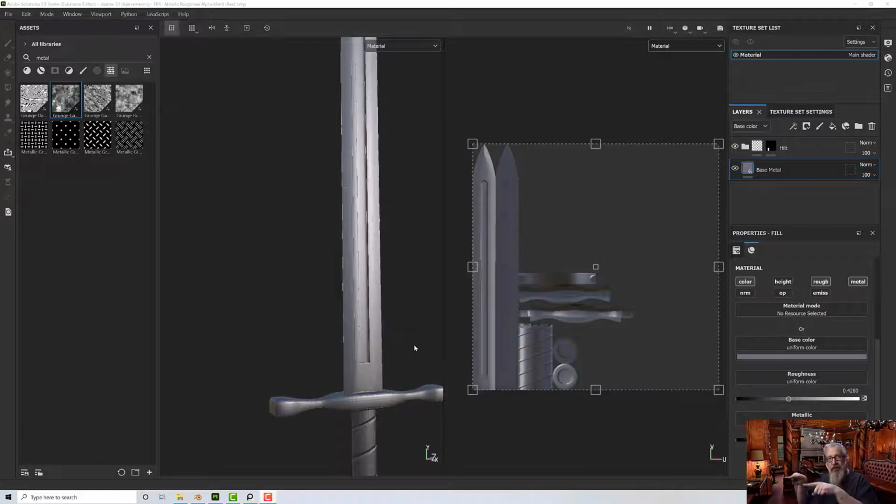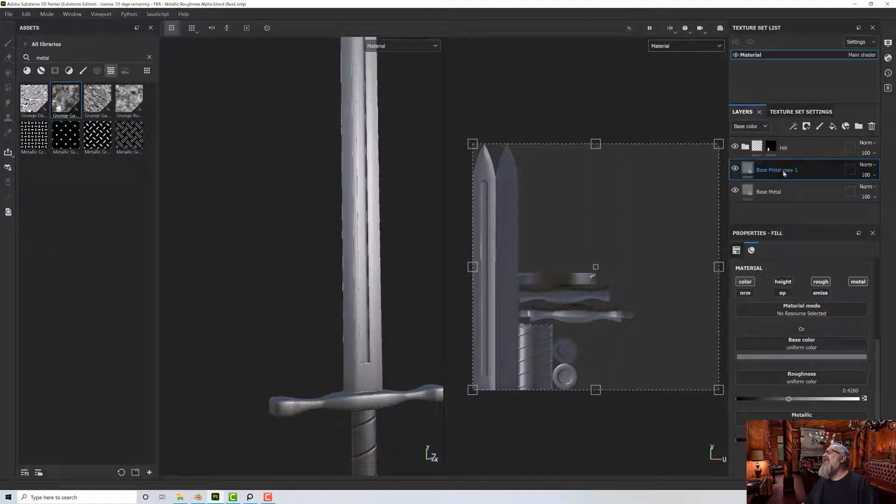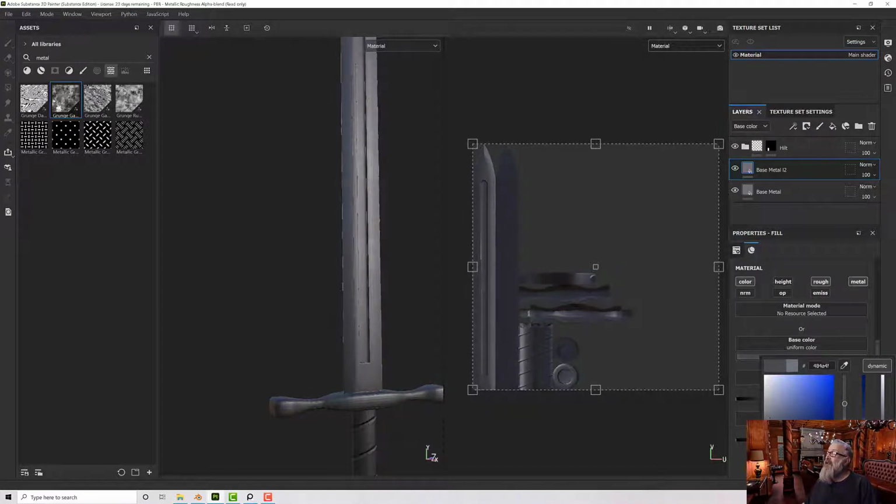Okay, so now we've got our initial material up and we've set a colour. What I want to do is duplicate it and adjust it a little bit. So I'm going to right click on our base metal there. I've named it base metal just so I know where I am, and I'm going to duplicate the layer and we'll call this base metal L2 for layer 2, and then with that one I'm going to take the base colour and bring its vibrance down,